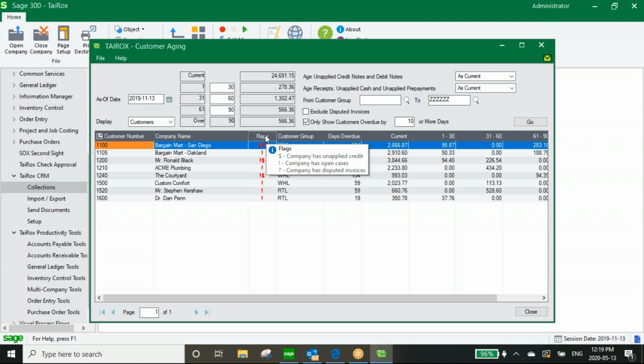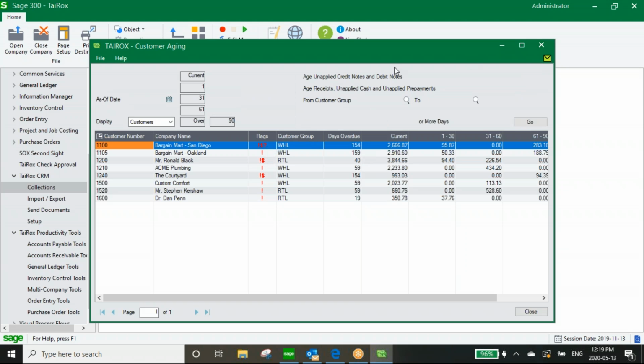So I can see that a $ sign means that a company has some unapplied cash associated with it. So you may want to go and review that before you start trying to collect from them. Where they have open cases, if you see the exclamation point, it has an open case. And when you see a question mark, it means that company has a disputed invoice, which is the next screen that I want to take you into,